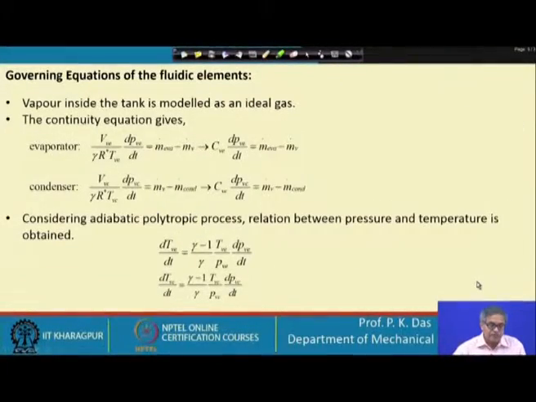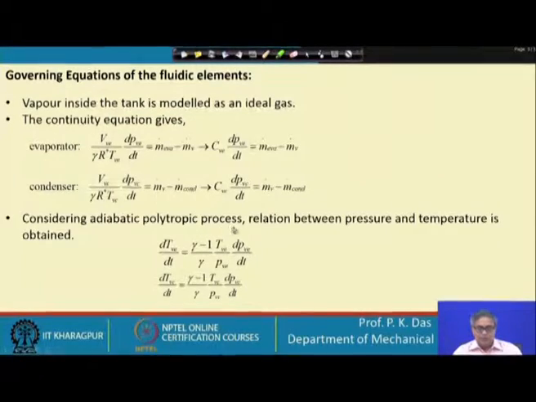In the next slide, we see m dot V A, that is entering the tank, and m dot V that is going out, and then we can write some sort of an equation like this, and then we can simplify the equation something like this. C V E is kind of a capacitance we can write. For the condenser also a similar equation; I do not like to explain it in as much detail as I have explained the earlier equation. So, for the condenser also we can get some sort of an equation, again some sort of a capacitance for the condenser.